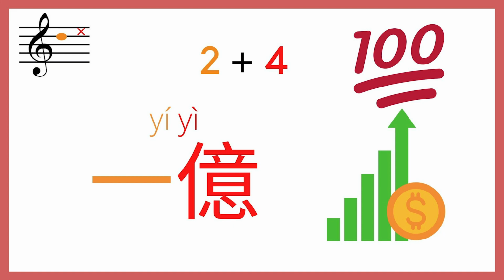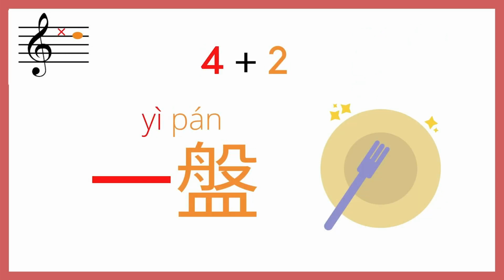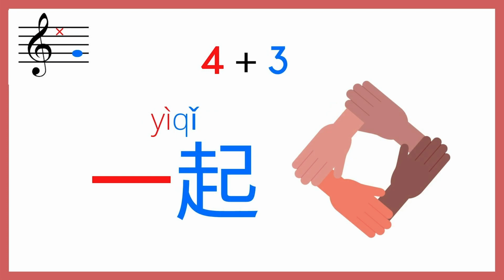But what if the word yi is combined with a second or third tone word? Well, it changes again, but to a fourth tone this time, as in 一盘, meaning one plate, or 一起, meaning together. Why does it do that? Well, when you're talking fast, yi as a first tone word doesn't stay in the first tone very easily, especially when you're combining it with other tones. Kind of like earlier when we were talking about how the third tone technically goes down and then up like this. Ma. But in practice, most people skip the going up part when they're talking because it's too much trouble, so they just say ma. Same deal here. At least, that's my best guess. Could be wrong. That's just what it feels like to me when I speak Chinese.